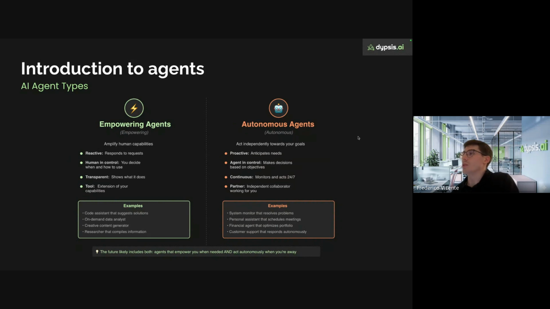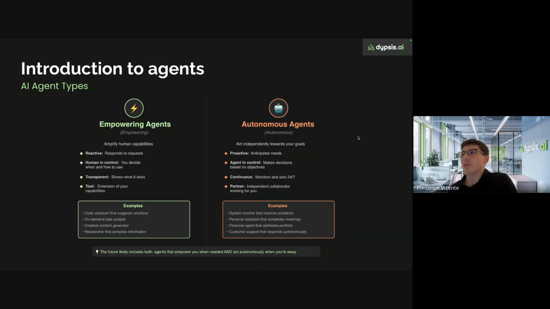For example, imagine you have some type of agent integrated with your CRM, and you have set some goals to achieve some revenue by the year, and you are a little bit off, and it starts doing some calls, or it starts suggesting you call some clients to achieve that revenue that you have set.